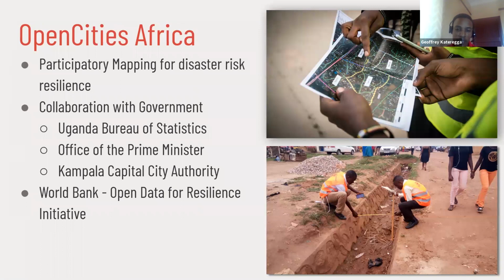The other project that we did is mapping for disaster risk resilience. This was done in Kampala, the capital, but basically in the informal settlements of the city. We worked with government: the Uganda Bureau of Statistics, the Office of the Prime Minister, the Kampala Capital City Authority. And we used drones, first of all, to capture the aerial imagery, and